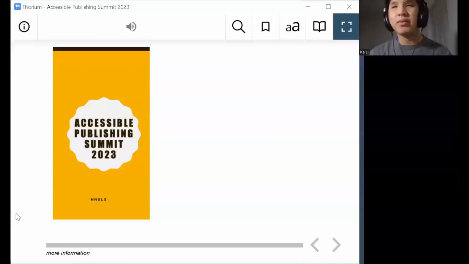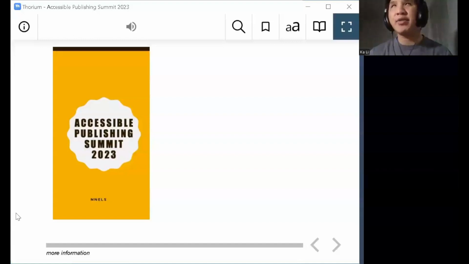The cover is mainly yellow with a large white graphic badge shape in the center. The book's title is in the white space, out of region. So this is just an image. It's the book cover, but we're able to get a description of it because it has alt text on it. And alt text describes what's in the image for screen reader users in a textual way. We'll be talking a little bit more about that in a few minutes, but I wanted to point this out